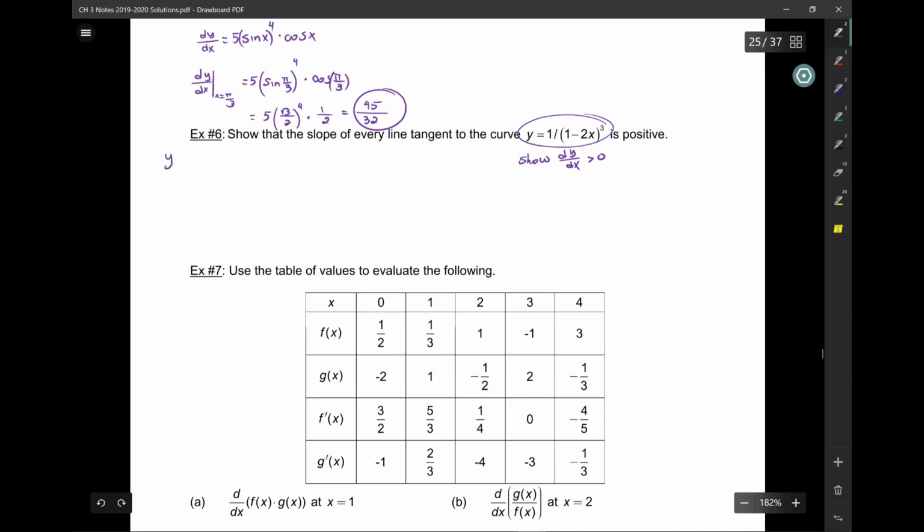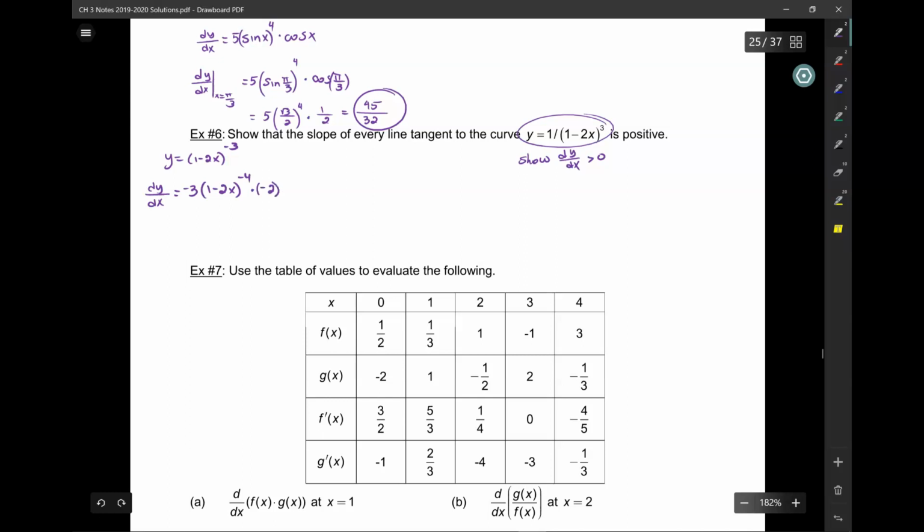Okay, so let me write y in a better form. So it's 1 over 1 minus 2x to the 3, which is 1 minus 2x to the negative 3. Okay? So you take out the negative 3. So now negative 3 comes down, dy dx, times 1 minus 2x to the negative 4, times what? Negative 2. Times negative 2. Is everybody okay with this? Okay,